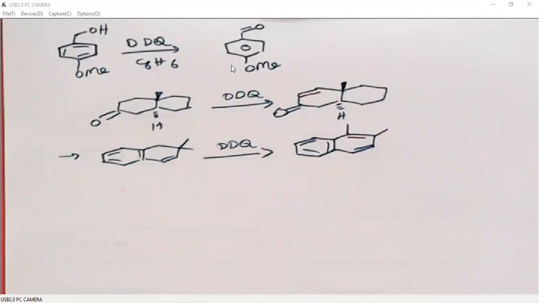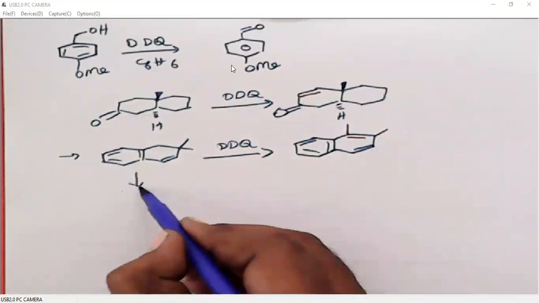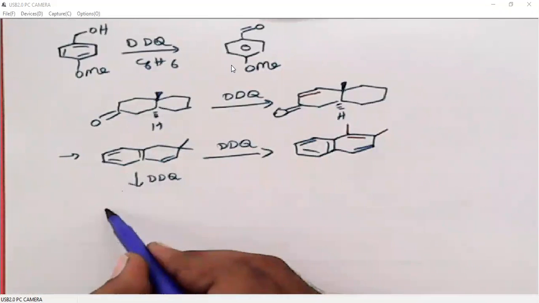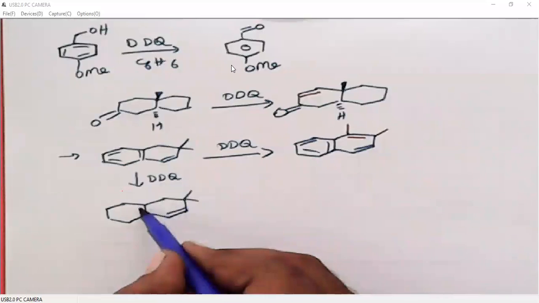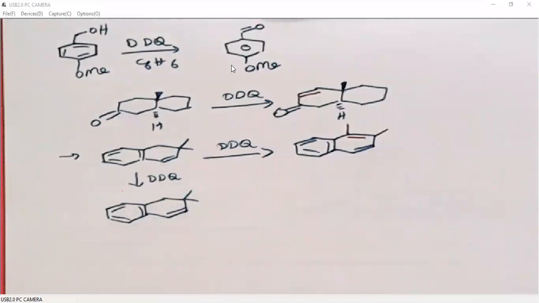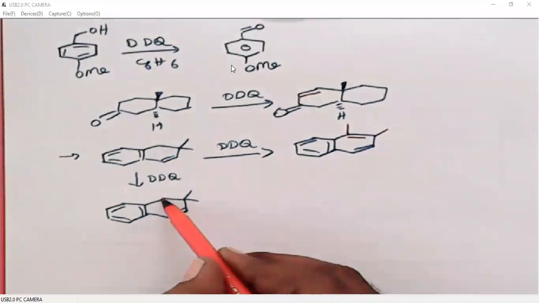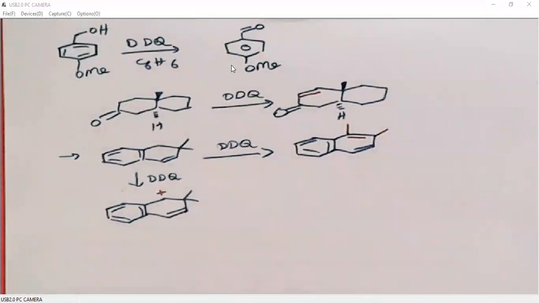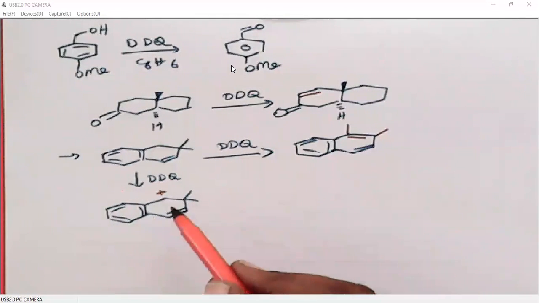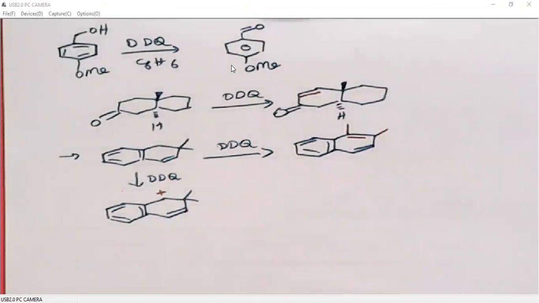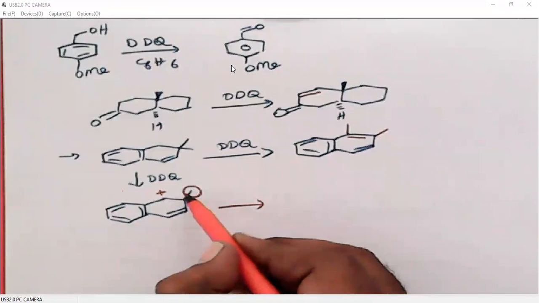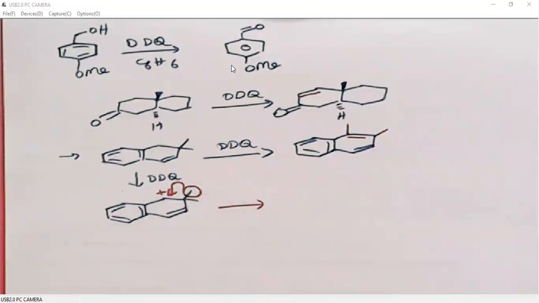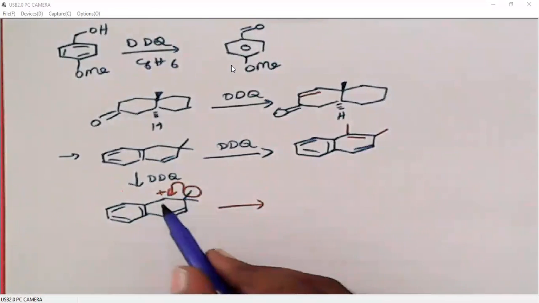Okay, right. How does it work? In the DDQ oxidation, what is the first step? The first step itself is the hydride transfer leading to a carbocation generation. So we can take out H minus from this carbon, so we can generate a carbocation. This carbocation, look, it is a benzyl system, it is stable, but it can be rearranged by methyl migration. CH3 with its electron pair can migrate here. So in that case, it is a secondary carbon and aromatic carbon.